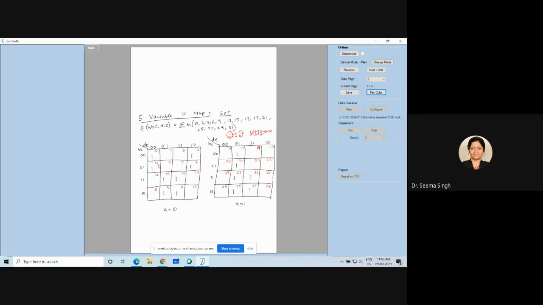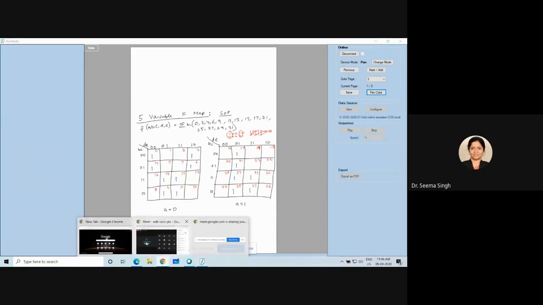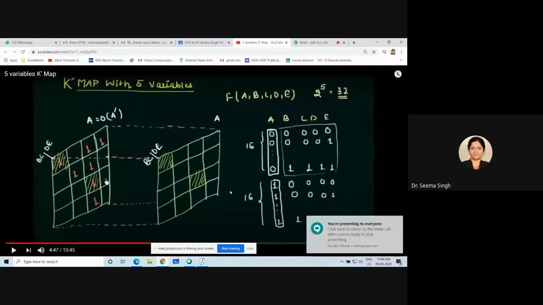So you have to understand that if anything is like a mirror image, you have to assume that the A equal to 0 K map and the A equal to 1 K map are lying on top of each other as two layers. Okay, so that is what I wanted you to see in this diagram.